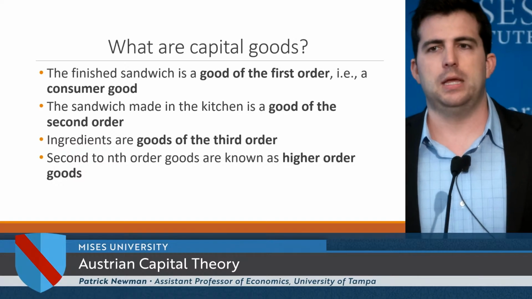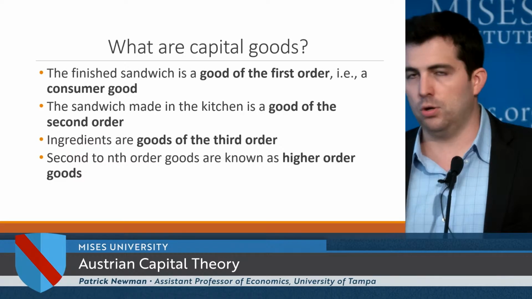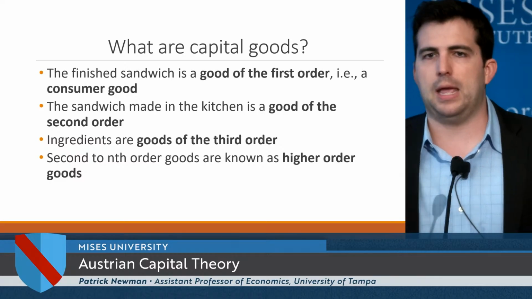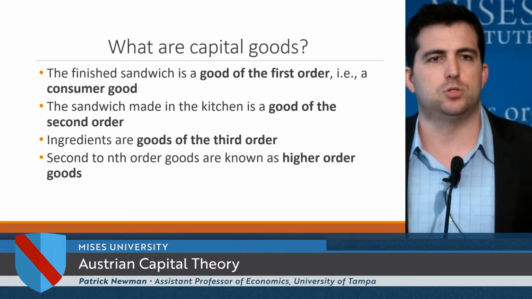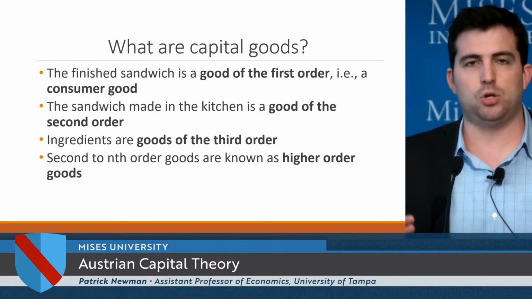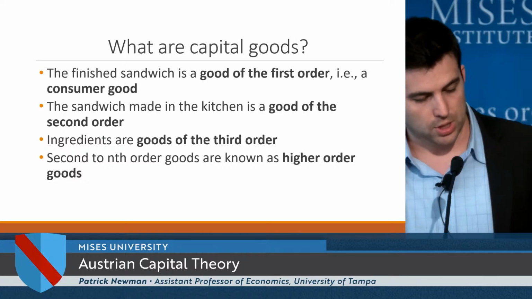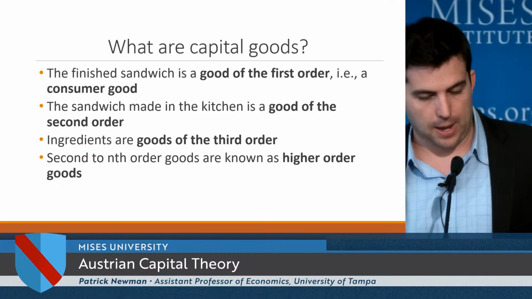Those are the capital goods, right? They are produced, and they will be used to make another capital good or eventually a consumer good. And this is what distinguishes us from animals. We just continually create more and more capital goods, higher and higher orders of capital goods, okay?